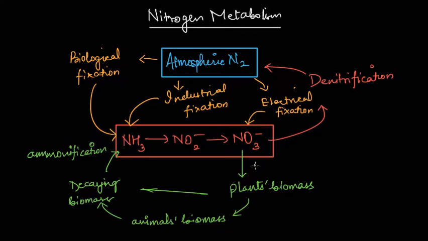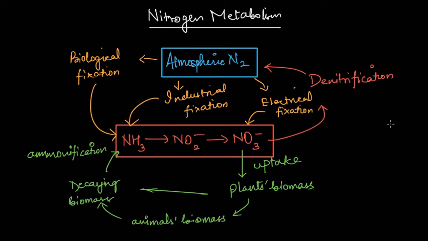And this step right here was uptake, because plants take up the nitrates and contribute to the animal's biomass as well as decay themselves, and animals' biomass also gets decayed and by ammonification converts back into ammonia. Ammonia gets converted into nitrites, and then it goes again back to the atmosphere with the denitrification process, and the nitrogen again comes back to this cycle by fixation through biological,